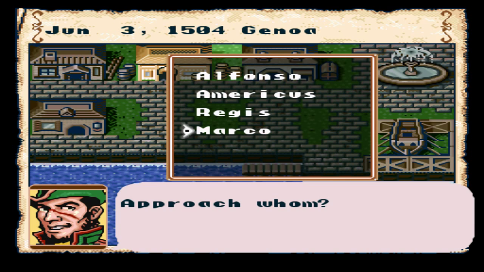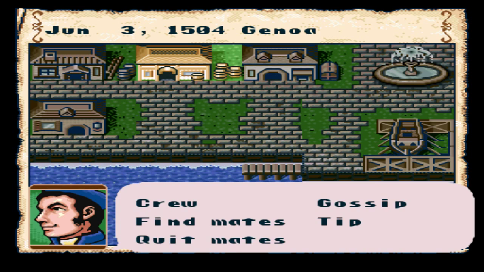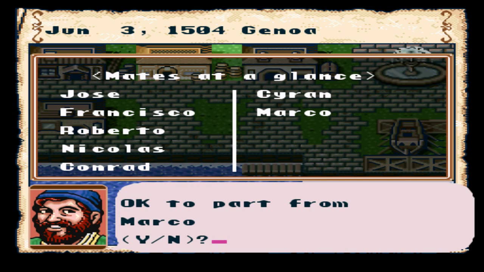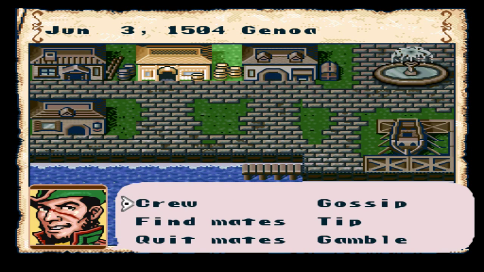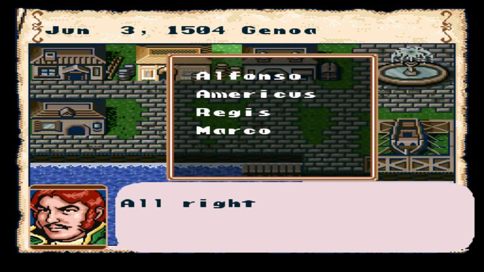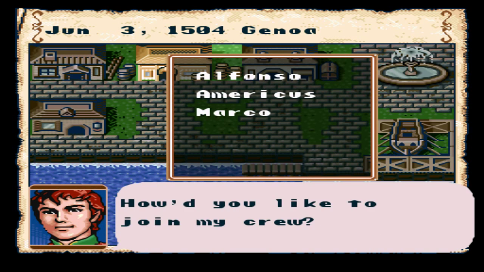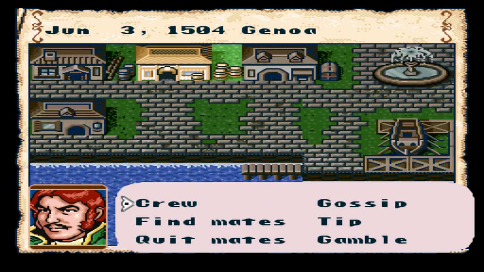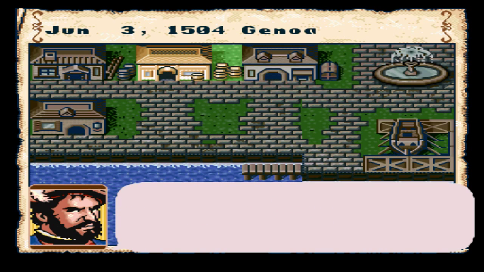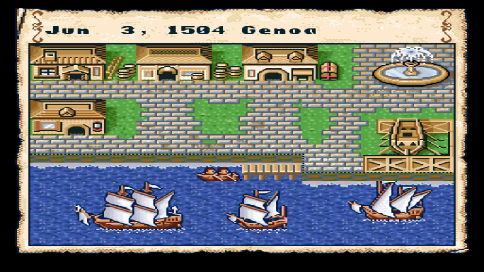Oh, there's lots of people we could theoretically recruit. Let's see if Marco will join us. Oh, it's him again! Oh, I don't want this guy. Go away, Marco! I want to see this guy with his awesome scar. Who else have you got? Regis? Oh, we must be getting leveled up. This guy even wants to join us. How about Americus? Wow, we must be getting pretty experienced for people like that to join. Alfonso is still a jerk, though. Alright. Well, let's have a look at these guys. I might just get rid of them immediately, but...